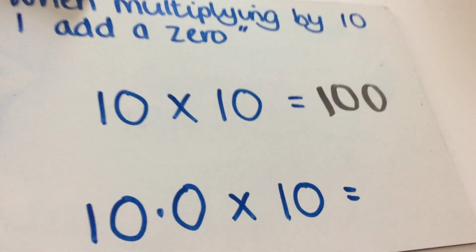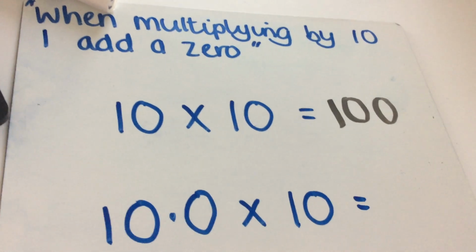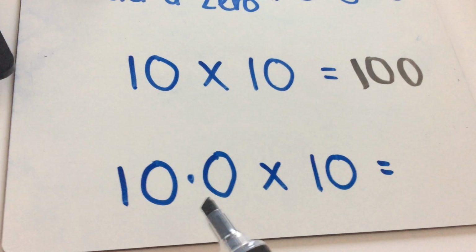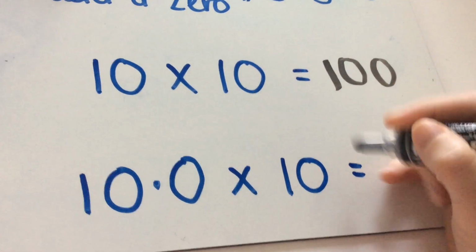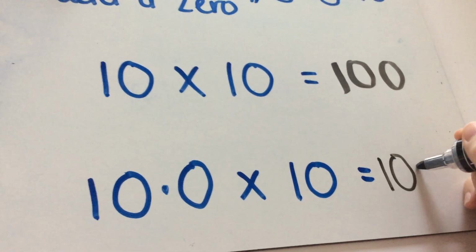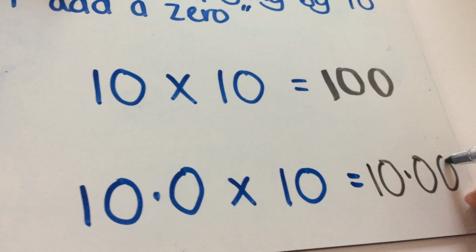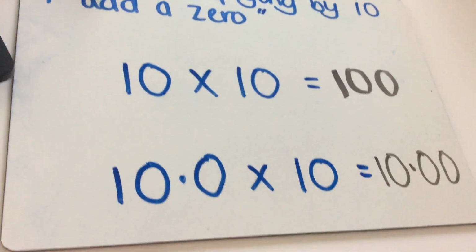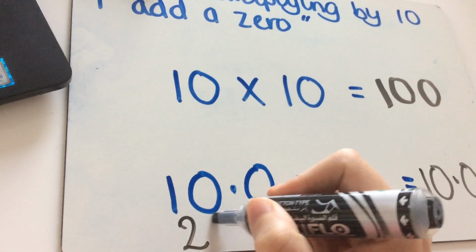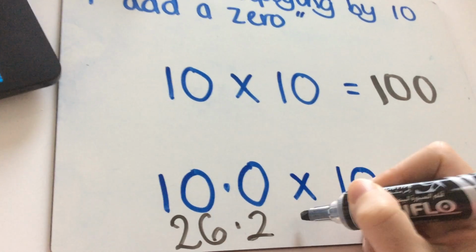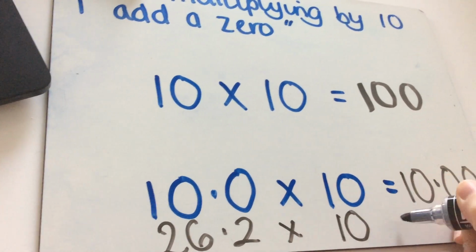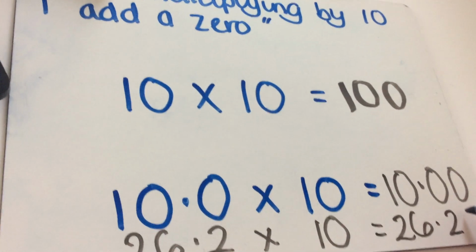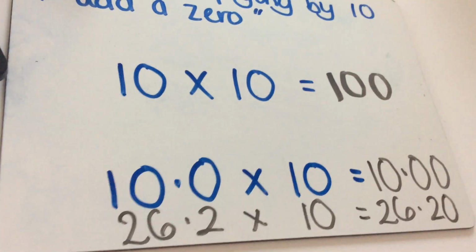And I would challenge you with this one. So if you're saying to me, Miss Halls, when multiplying by 10, you just add a 0. And I showed you this decimal. Yep, 10.0. Okay, I'm going to add a 0. 10.0. And I add my 0. Something's not quite right there, is it? If I likewise had 26.2 and I times that by 10 and I added my 0, as you said,